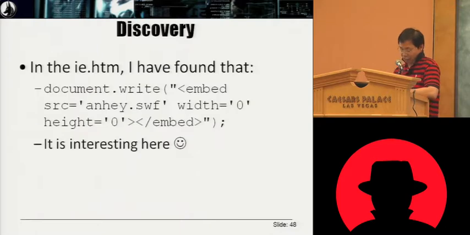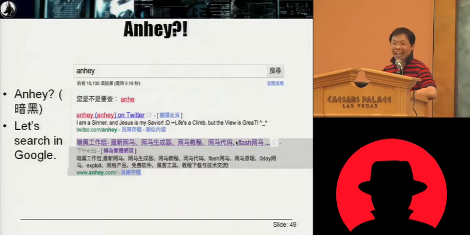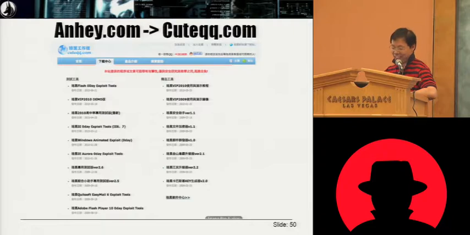The interesting part is, in the IE.html, I got this one, Anhey. Anhey is Mandarin that means darkness. Then again I searched it. Wow, here, Anhey is a workshop, okay, darkness workshop. Latest web Trojan generator, Trojan course, Trojan encoding, fresh Trojan. Lots of choices for you guys. You could go there if you got internet. It's alive.